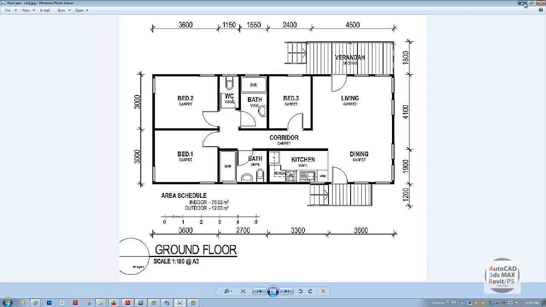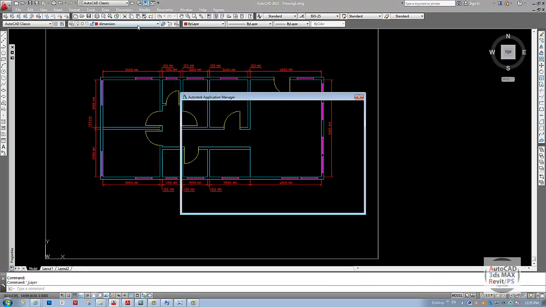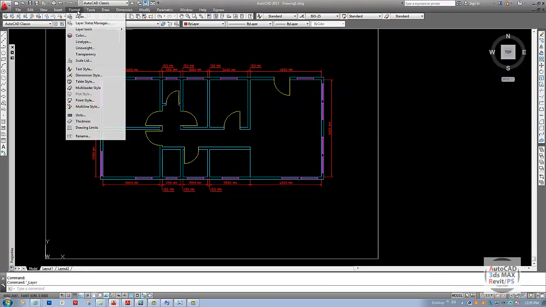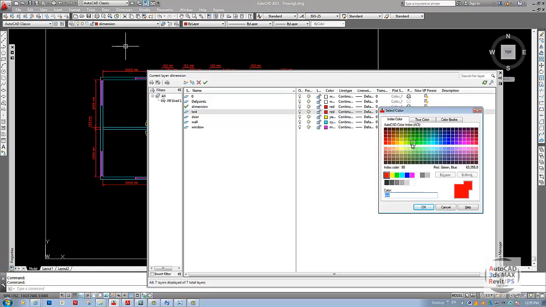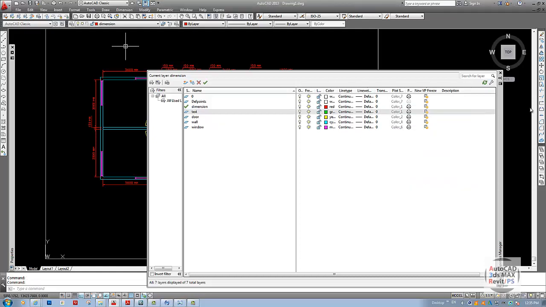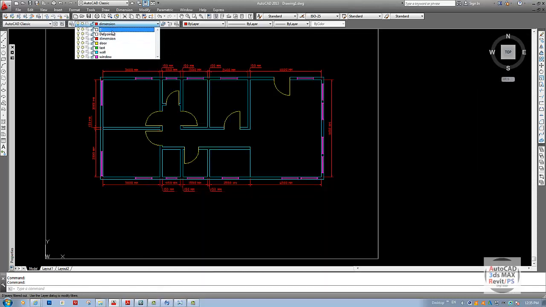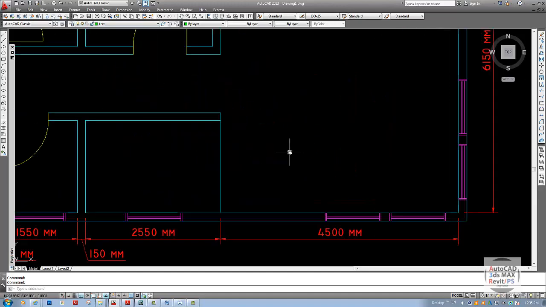For the text, what I'm going to do is start with any one end and I'll not write the complete text. I'll go to the text command and I'm just going to write the alphabet A, and then that alphabet I'm going to copy in all the rooms and then I will edit them. First, let us make the layer of text. Let's give the green color. Okay,